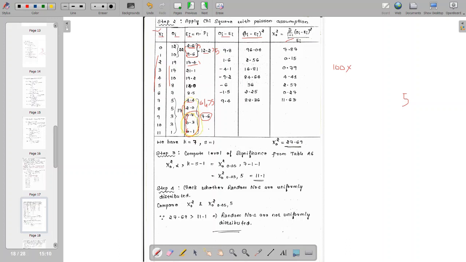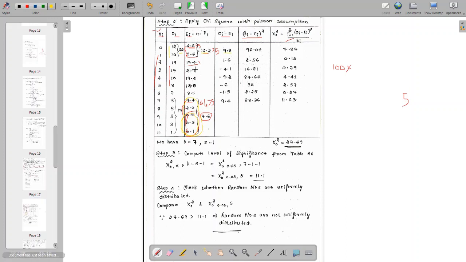In this problem, after adding all these values, I am getting 7.6. So 7.6 is greater than 5. This has reduced the intervals. Next, find OA minus CA. Same procedure. For the OA value, we added two intervals, add these two values, we'll get 22. 22 minus 12.2 is 9.8.